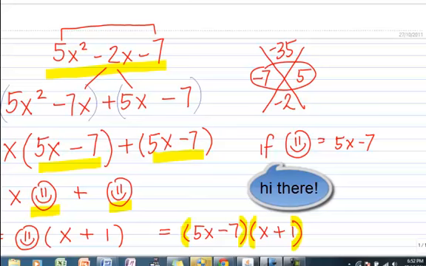So let's do a different one. What if I have something like this? 8x squared minus 10xy plus 3y squared. Now I have x squared and then I also have y squared. Well, I know that in the very end,